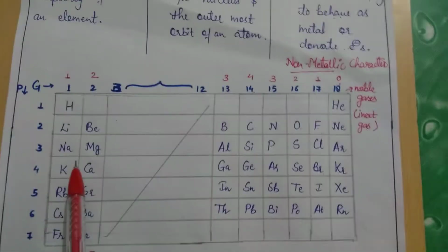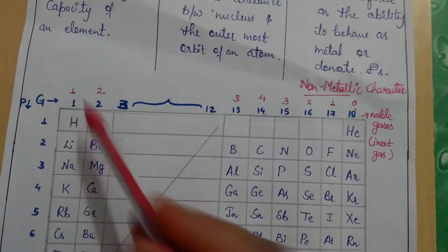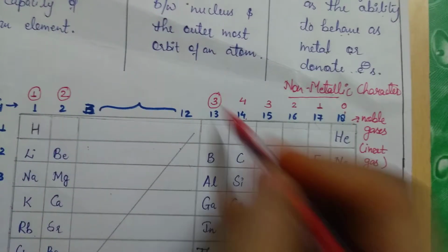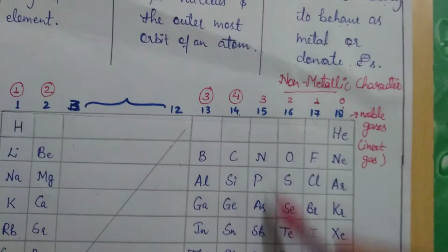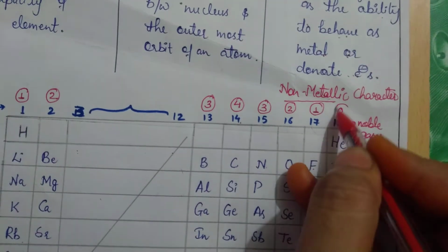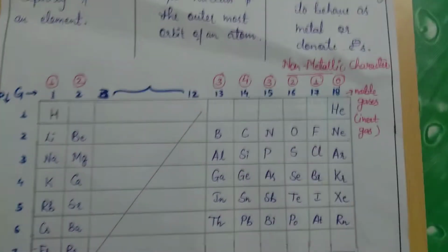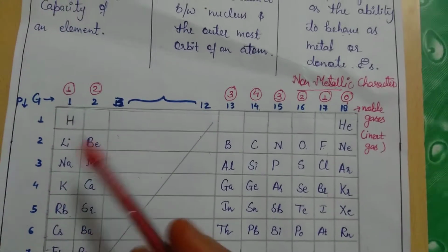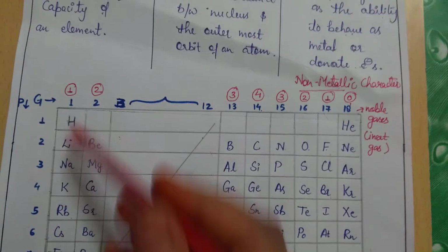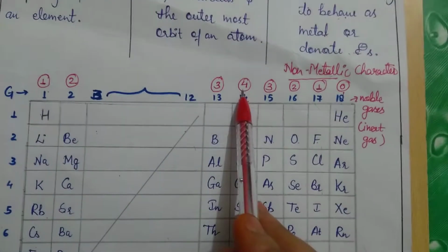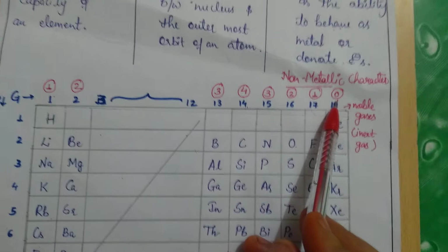I hope this valency concept is clear to all. So just check out again, and you can also click a screenshot. First group valency is 1, second group valency is 2, 13 group valency is 3, 14 group valency is 4, then for 15 it starts decreasing like 3, 2, 1, and then finally 18 group valency is 0. There is no change of valency within a group, like all the periods of the same group will have the same valency. It means the valency first increases from 1 to 4, and then decreases from 4 to 0. Okay.